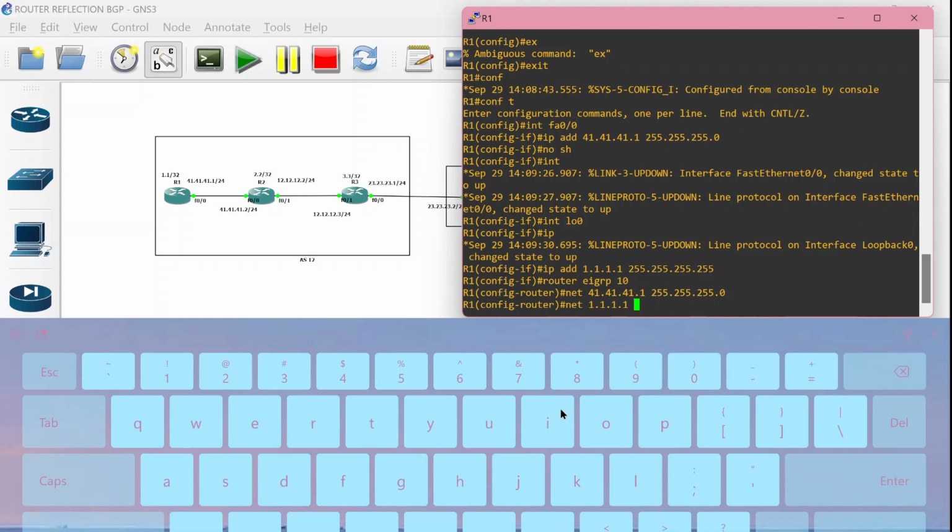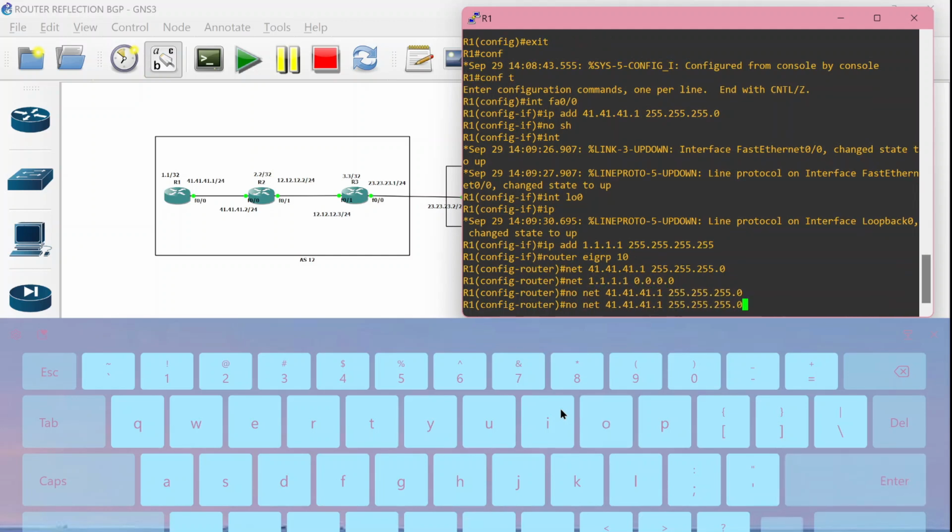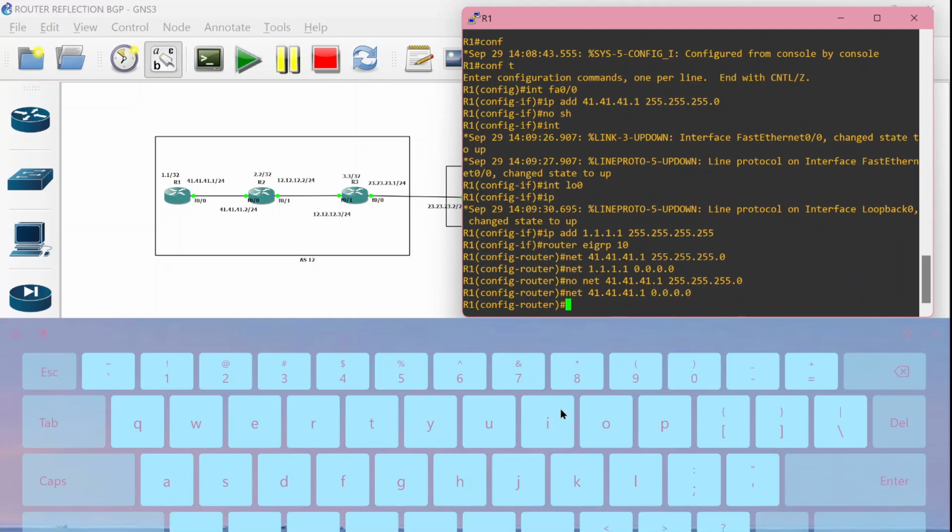This is in my configuration. I made a mistake, so I'm sorry. This is for network 24, the subnet mask is 0.0. I'm sorry guys for my mistake. I'm just a person who makes mistakes too, never mind. So if you want to remove the IP, you can type no in front of your wrong IP, like that.